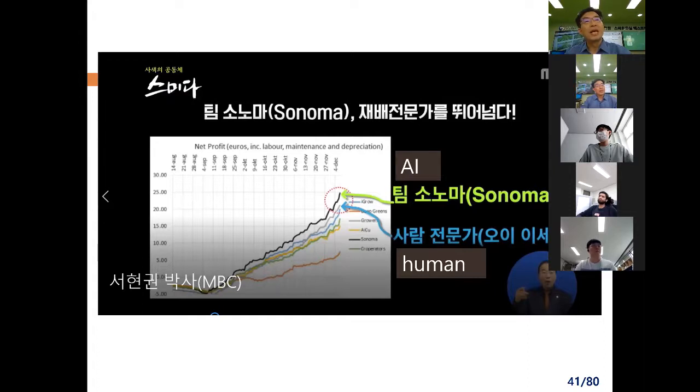A meaningful result came out during the first competition. The graph shows the profit margin of the 6 teams. Sonoma, an AI team made up of Microsoft employees, made more profit than a human expert. It did not make more profit just once. The profit of the AI team throughout the competition was higher than that of the human operating team. The machine has won over the man.